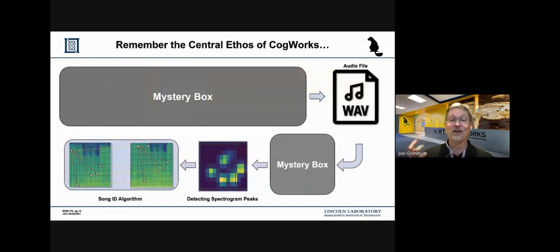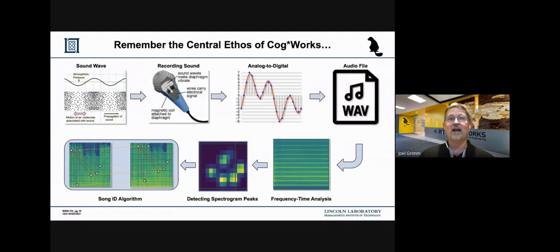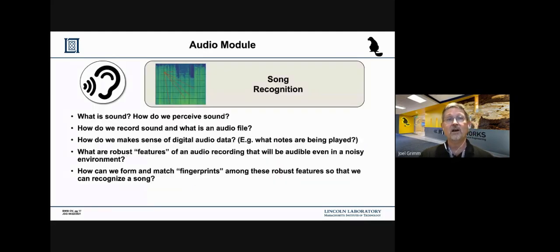So, if we talk about the central ethos of CogWorks, like we mentioned earlier, no mystery boxes. So how do we get from this WAV file, this audio file, to identifying a song? The students will learn the basic physics of how sound is recorded and digitized. And once it's digitized, we can start to play with it, and start to do analysis on it. Because once you've done that analysis, then you can start to do the pattern matching. So understanding the physics, how it's digitized, and how we can do that analysis, that's all part of how we build CogWorks capstone projects. So at the end of the audio module, students will be identifying songs based on sound snippets, using code that they wrote and the machine learning that they trained. Doing that is pretty neat because it's very powerful to be able to write the algorithms and do that